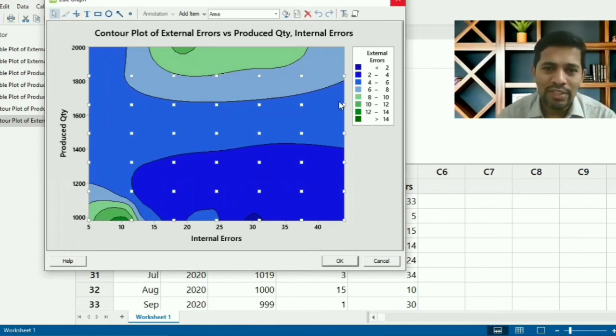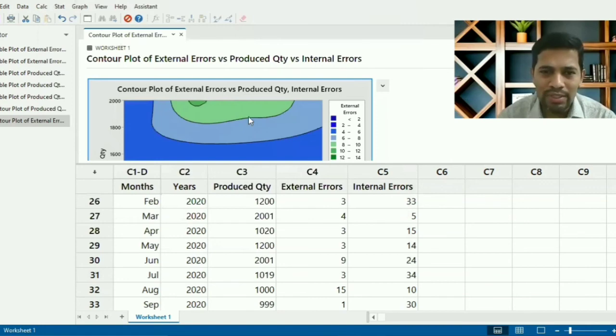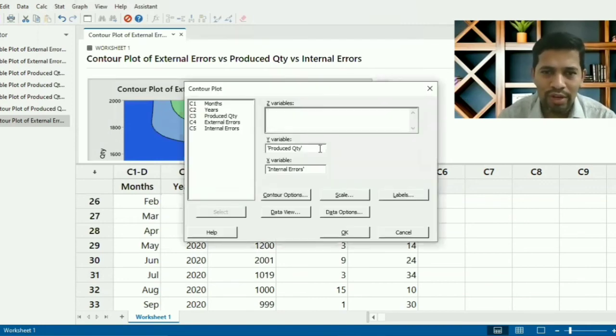So you can just keep playing around with the variables. Let's say you wanted to find the years and do that, you can do that. So just like bubble chart, if you wanted to find out this one, you can definitely do that.